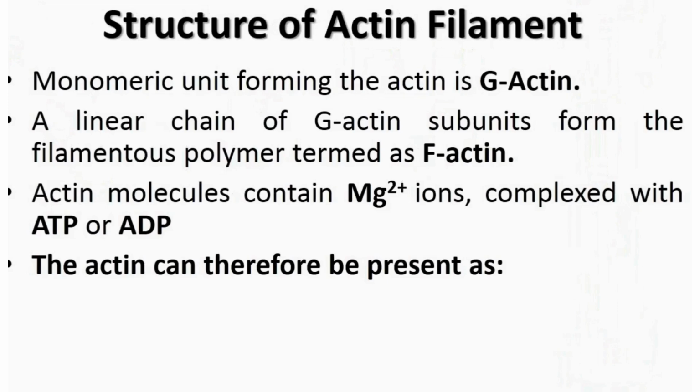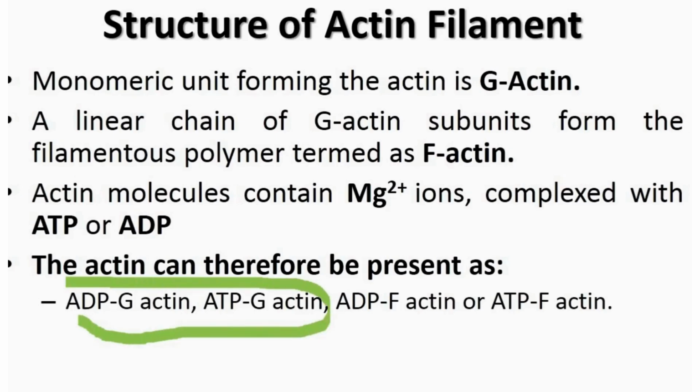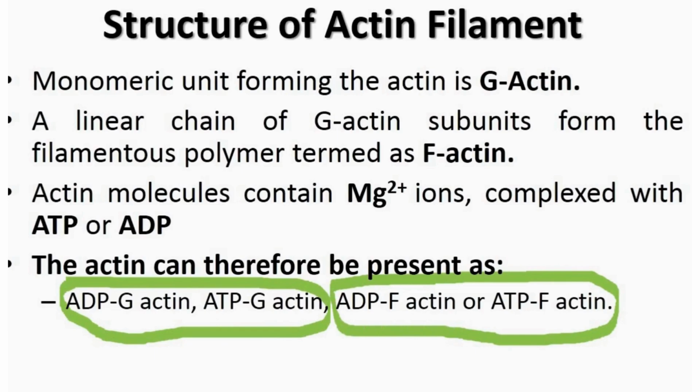Essentially, in terms of ADP and ATP, you have ADP G-actin and ATP G-actin, that is two forms for G-actin, ATP and ADP. Likewise, you also have ADP F-actin and ATP F-actin. So, in total, 2 plus 2, you have 4 types of actin, out of which